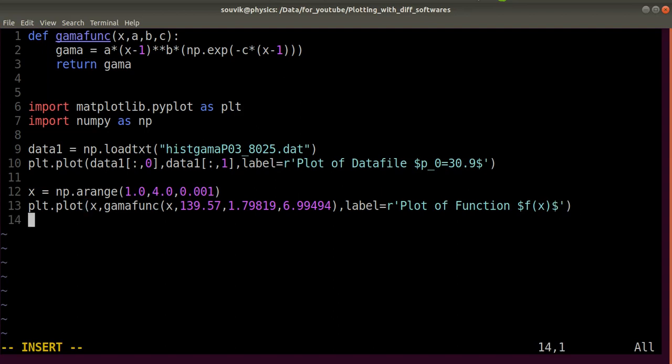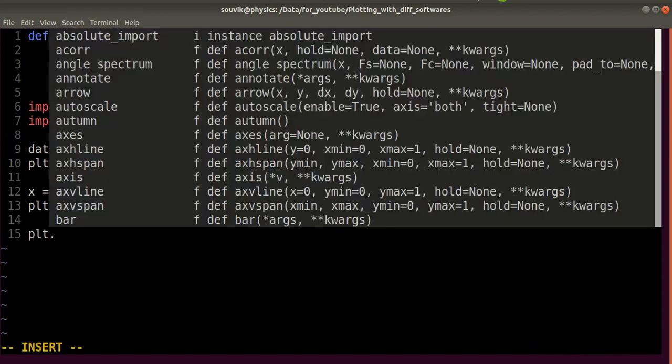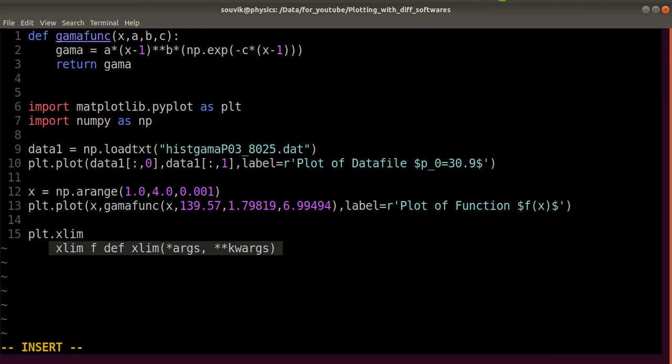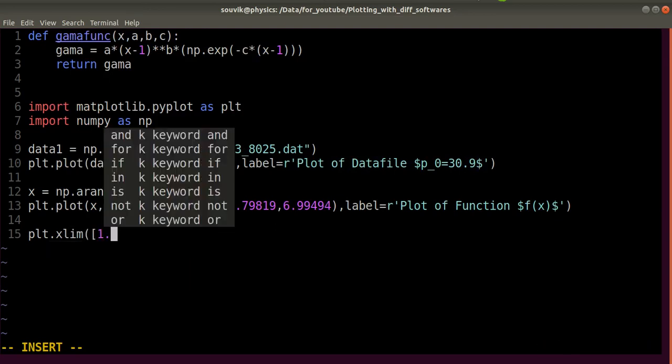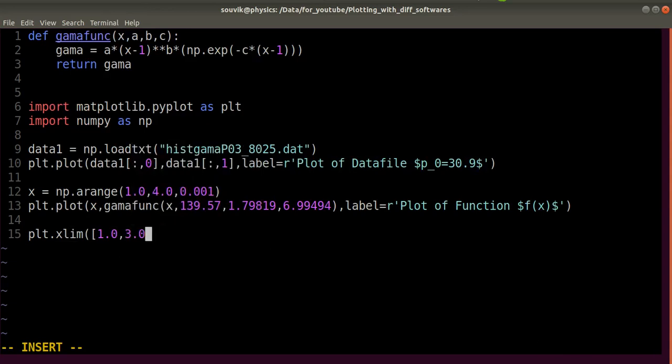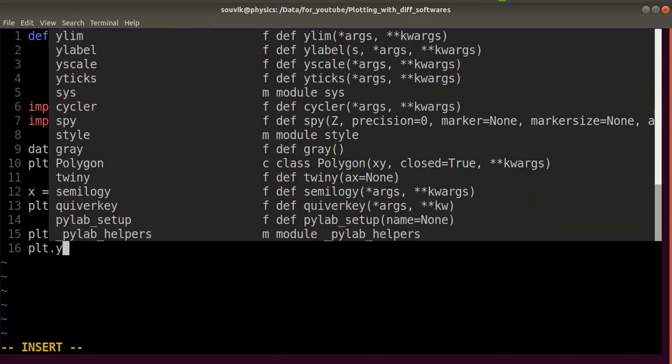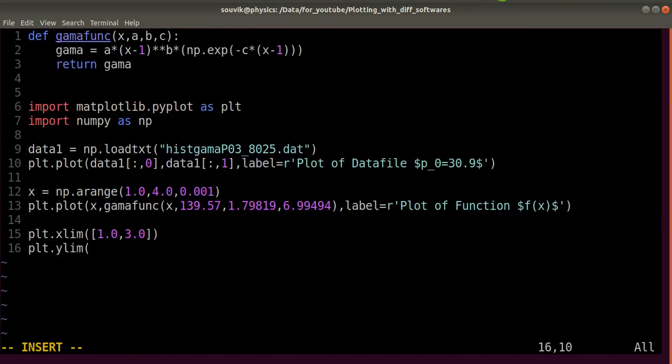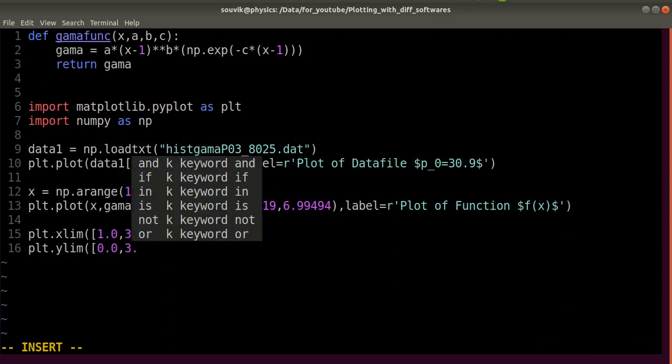And now what you have to do is you can provide the x limit and y limit of the plot, meaning the x range and y range of the plot itself. For x range you can provide 1.0 to 3.0, and similarly plot y lim is equal to, let's say, 0.0 to 3.5 or something like that, or let's say 3.4.